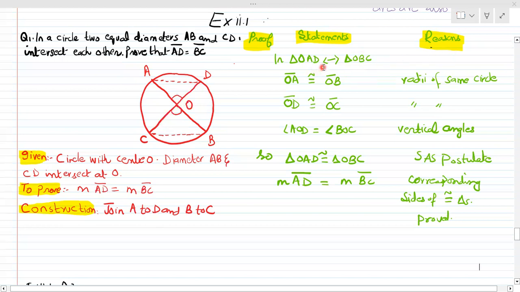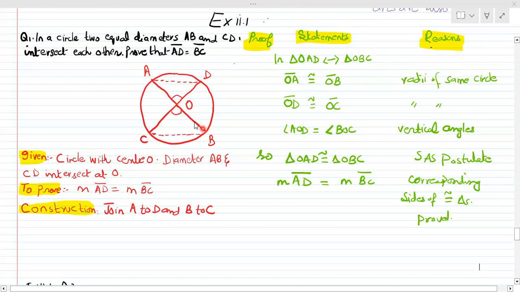Here we are going to mention the correspondence between two triangles. After doing this construction, we have got two triangles, and we are going to develop a correspondence between the two triangles OAD and OBC. And in these two triangles, now if we notice, this OA length is equal to this OB